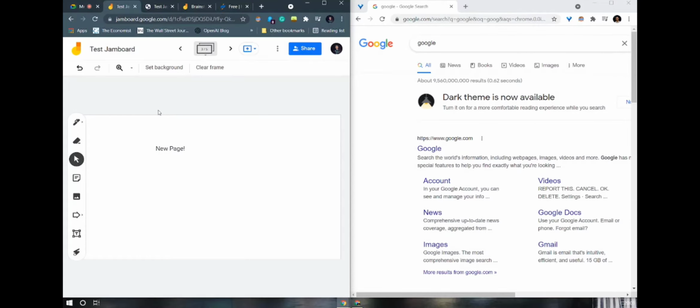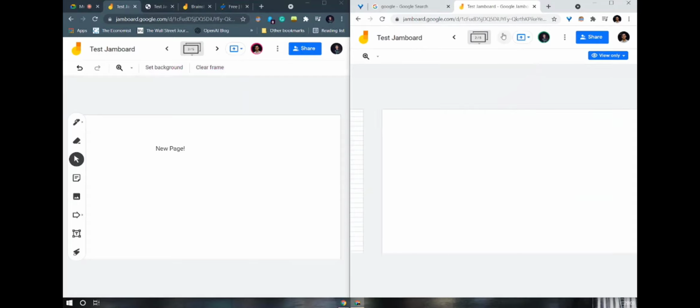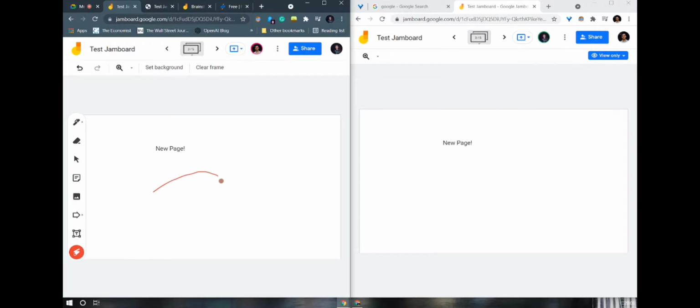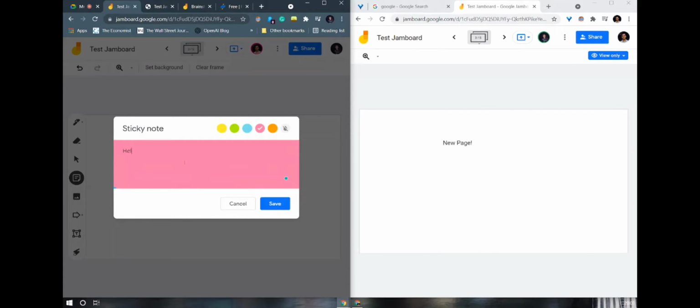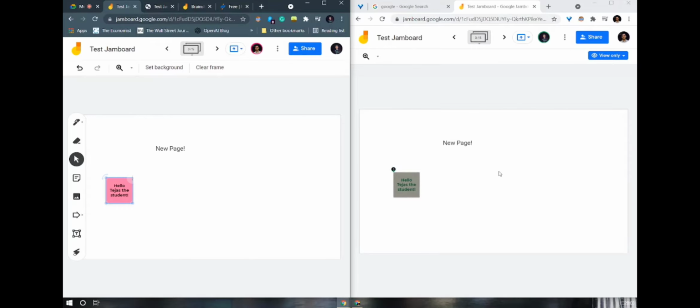So let's say इधर पे मैंने एक नया पेज डाल दिया है, and the other person opens it, उसको मेरा Jamboard दिख गया है, so the teacher sees that the student has joined, and you can see जो मैंने changes offline किए थे वो अभी भी है इधर पे. And if the teacher makes any changes, जैसे highlight कर रही है teacher, the student is able to view those changes almost in real time. The teacher now puts a sticky note asking hello, and as soon as the teacher saves it, almost instantaneously the student can see the reflected change in his or her sheet.